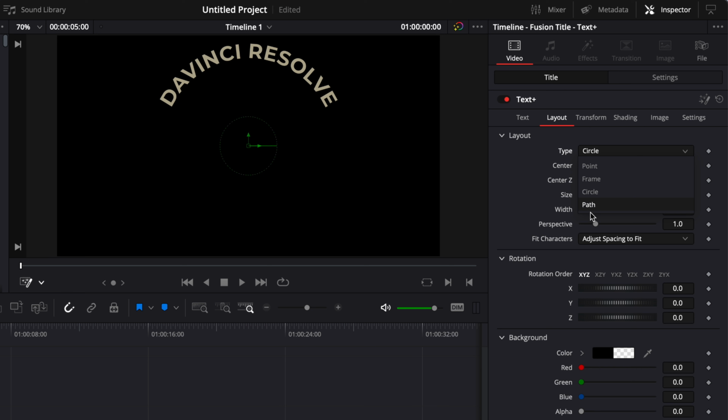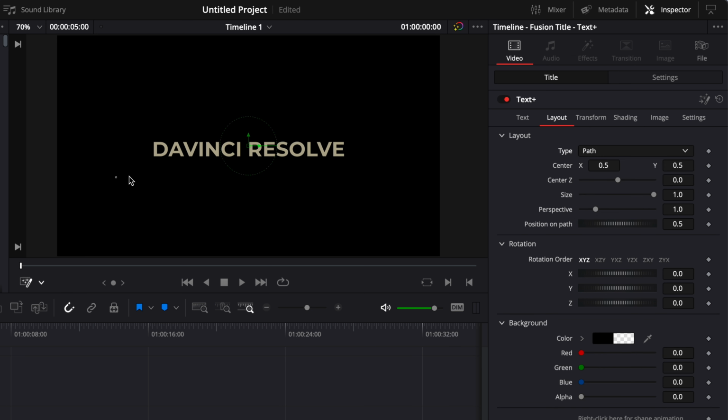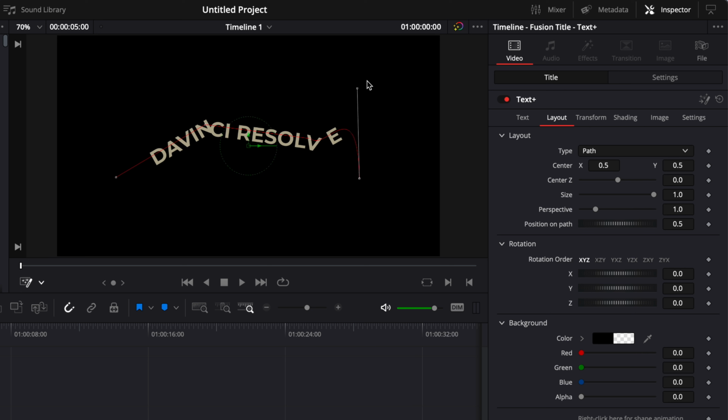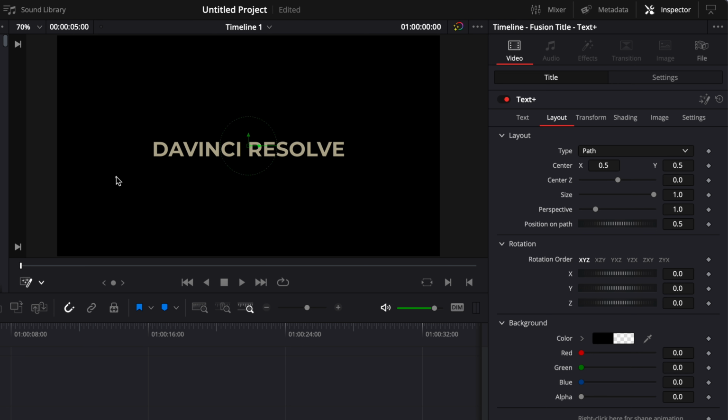Here you could also select path, which basically the text is gonna follow the path that you draw. So here you can add one point and then another point and then another point. You can just have your text basically following the shape that you're creating. If you want to delete any of those points or curve them, here you have those little handles if you want to add some curve to the shape that you're creating, and you can just select the point and delete it to basically delete your point and go back to the original shape if you're not happy with what